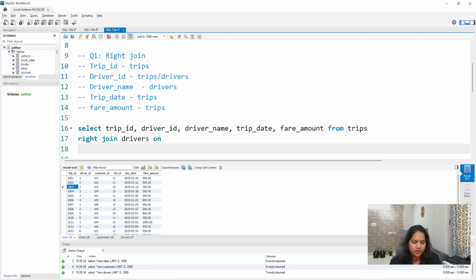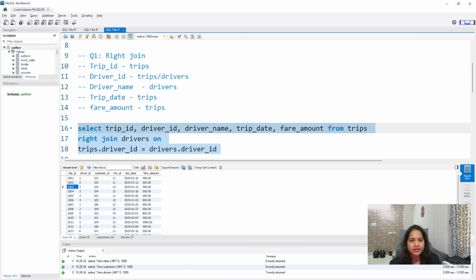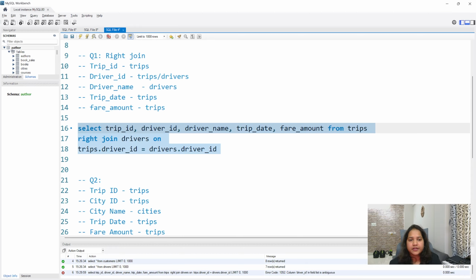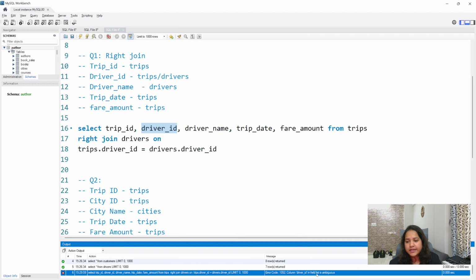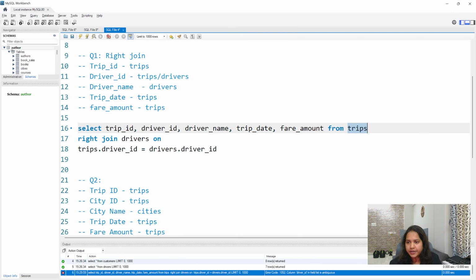On what condition? From the trips table, get the driver_ID and match it with the drivers table driver_ID. Now if I run this, I will get an error saying that this driver_ID column is ambiguous, which means it is present in the trips table and also in the drivers table.